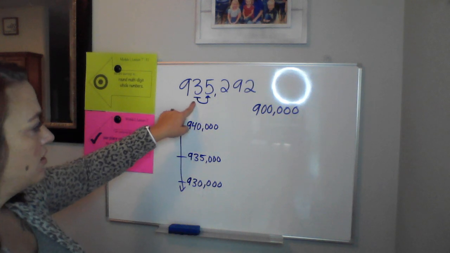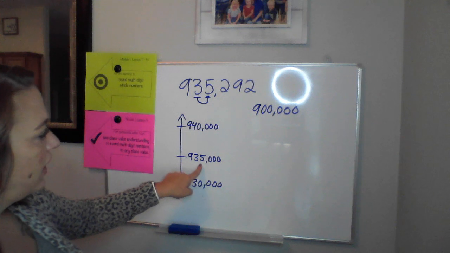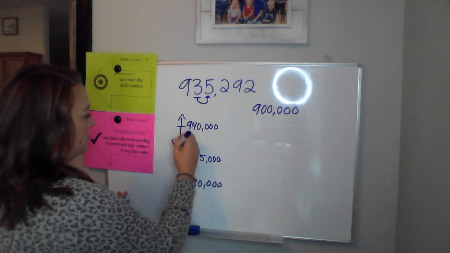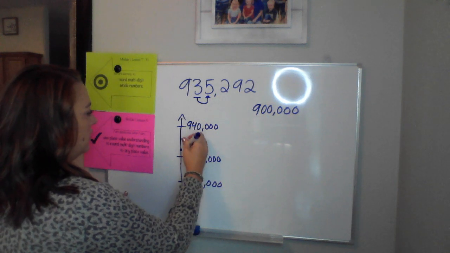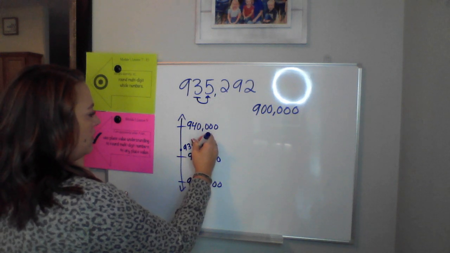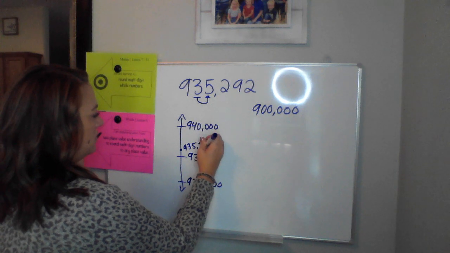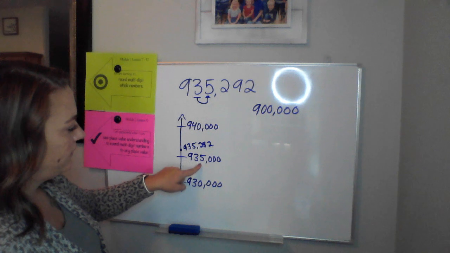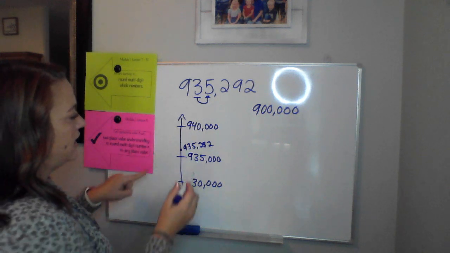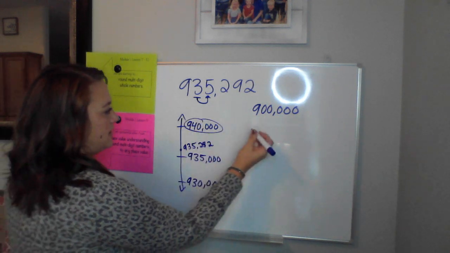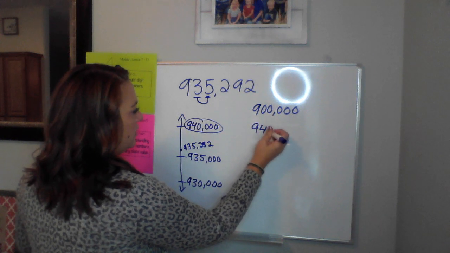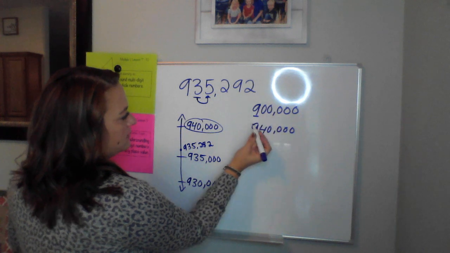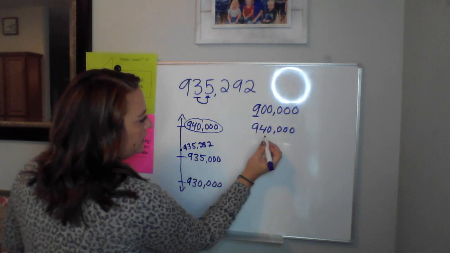Okay, so now we can plot. I notice that I have 935, and because my thousands place has 5 or more, that means it's going to go just above our midpoint. Okay, so we would round 935,292 to 940,000 if we're rounding to the nearest 10,000s place. I'm going to underline what we rounded each number to. So this one, we rounded it to the nearest 100,000s,